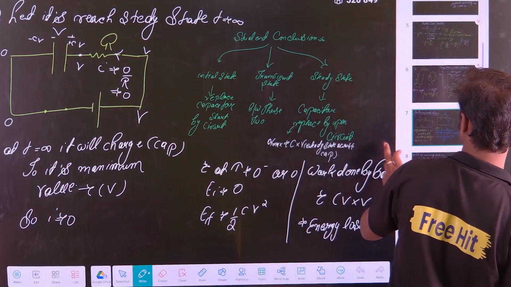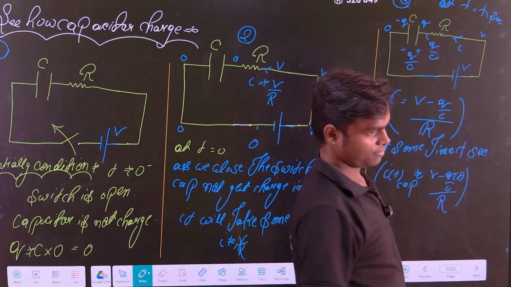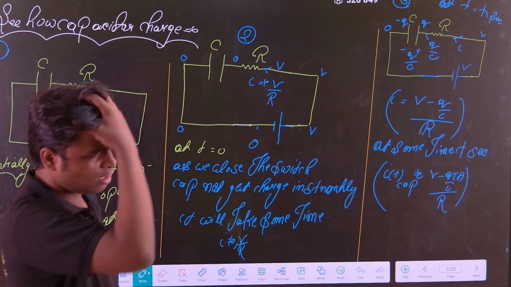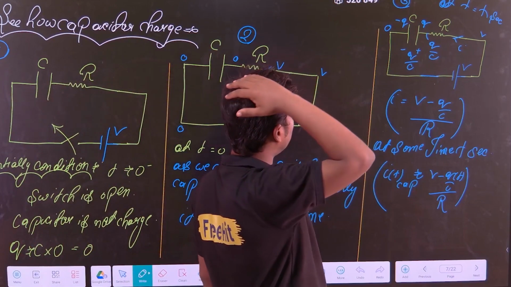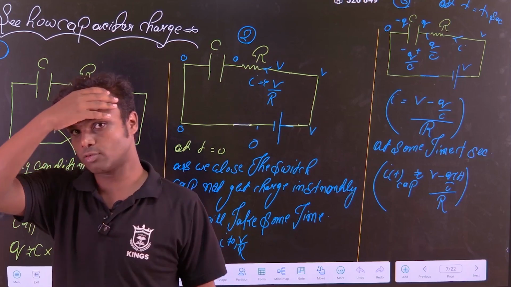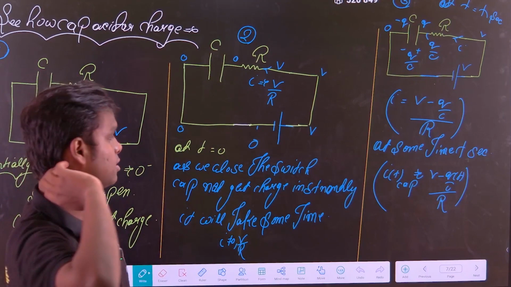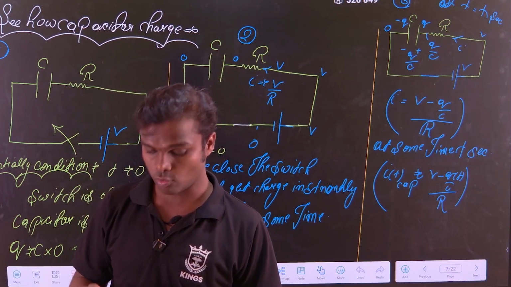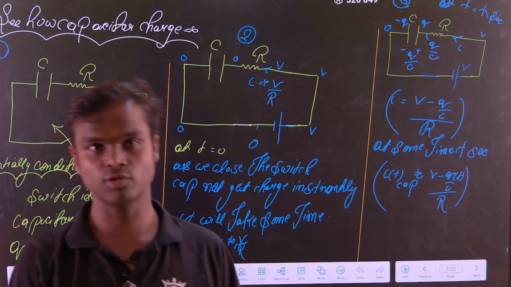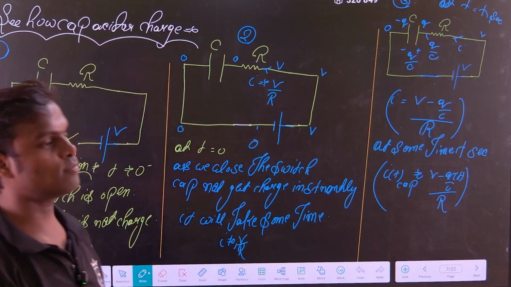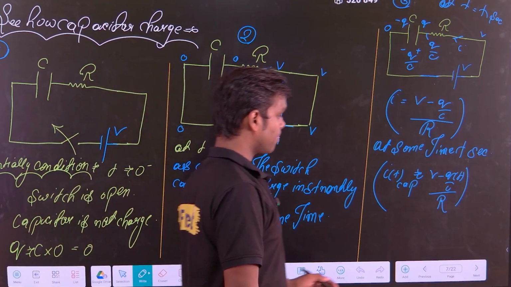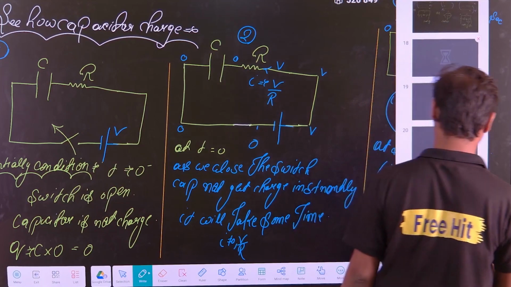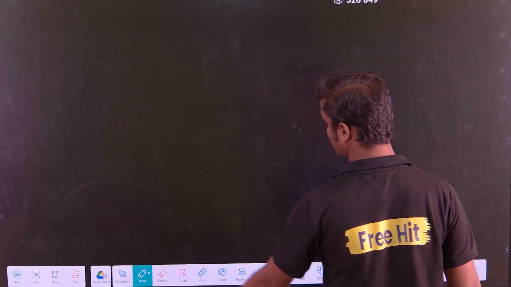What is that state? That is called the transient state, that we haven't analyzed till now. Now what we are going to do is analyze the transient state, and we will see how the transient behavior of a capacitor looks, how exactly the capacitor is going to be charged, and what is going to be the equation for the charging. That is going to be analyzed in this part. So our next topic will be the transient response of the capacitor,